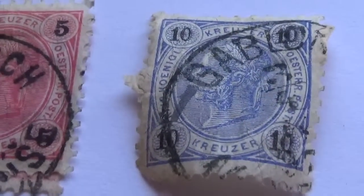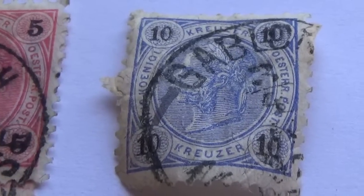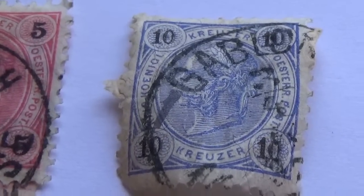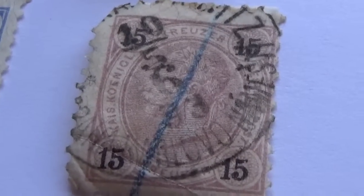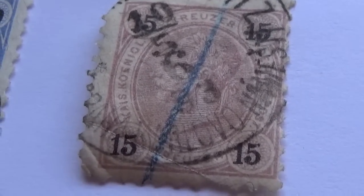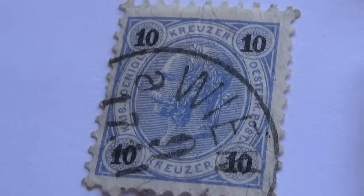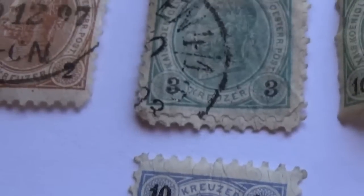Paro is written on it. Look at that. And this one, it's a 10, and there's 10s in all 4 corners. And we got 15. And this 15 is 15 in all 4 corners. This one's a 10 and 10 in all 4 corners. So,